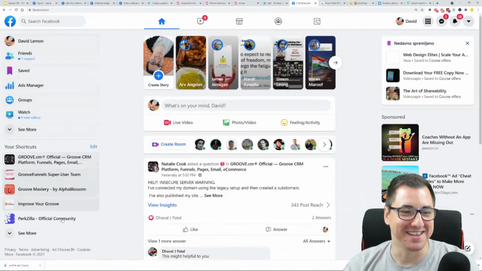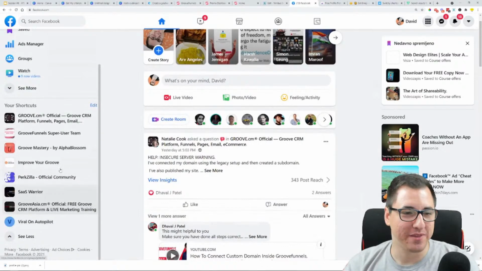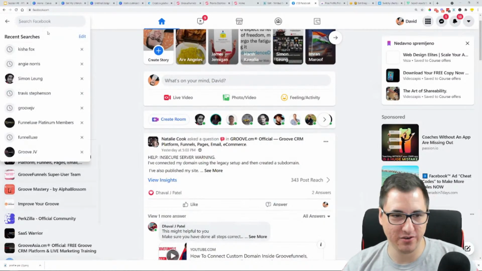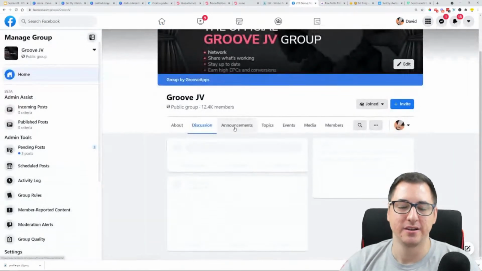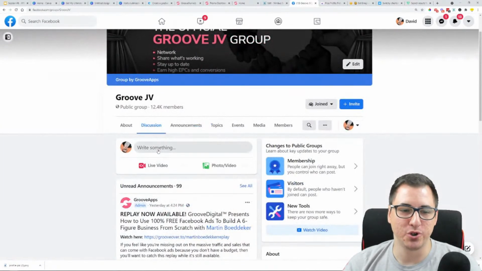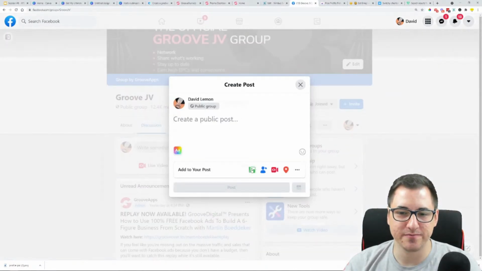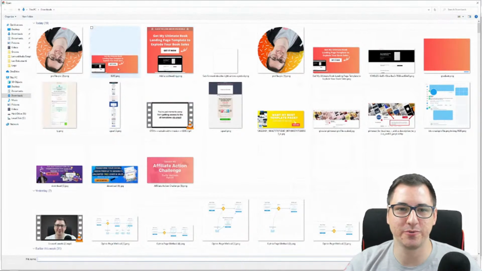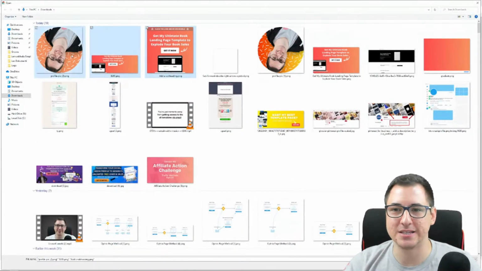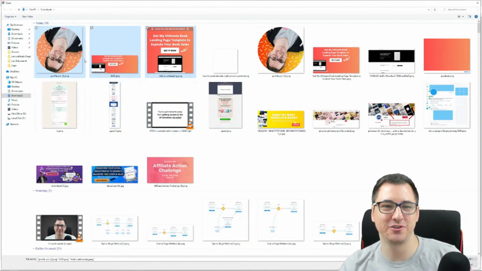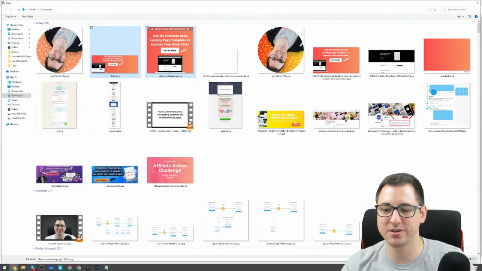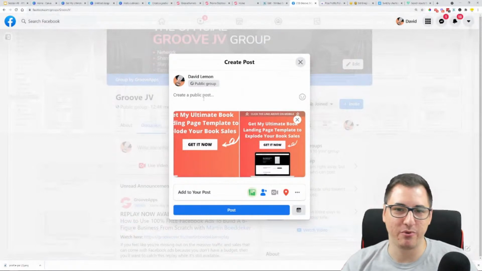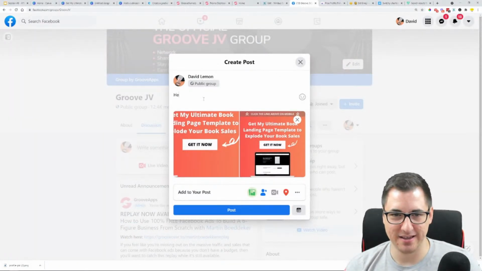Actually, upside down. It's funny. So I'm going to go to the Groove JV group if I can find it. Oh, here we go. Groove JV, and I'm going to just post about the images. I'm going to add the images that I created. So this one, and this one. Actually, I'm not going to post the profile image. I'm just going to post this one. In here, you can see my profile image, and right, affiliate action challenge,